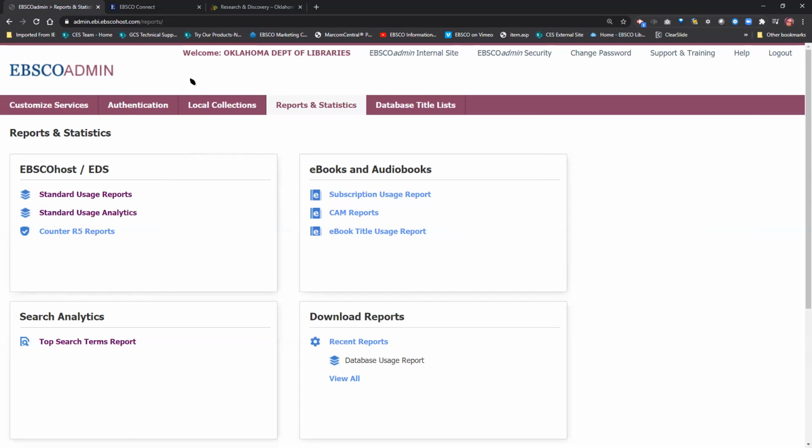And then the secondary thing is, you should be able to have a login to this. When you do log in, most likely you should see multiple items up here, but you can only see reports and statistics. So let's say that you have a systems librarian and you're running reports, but they're like, well, I don't want you to see everything. So maybe they've only given permissions to see this,